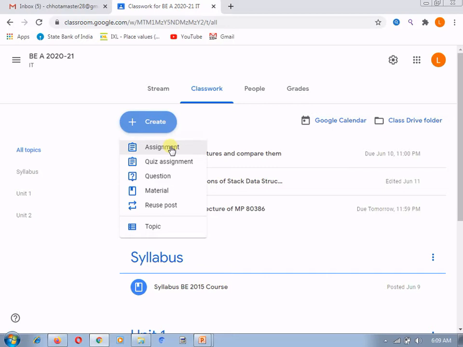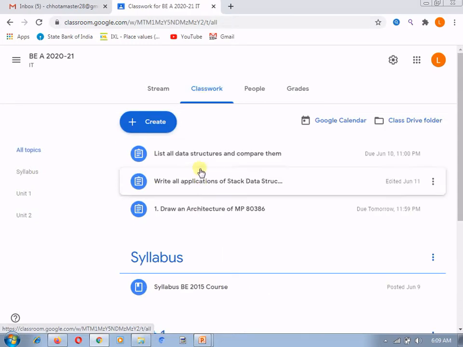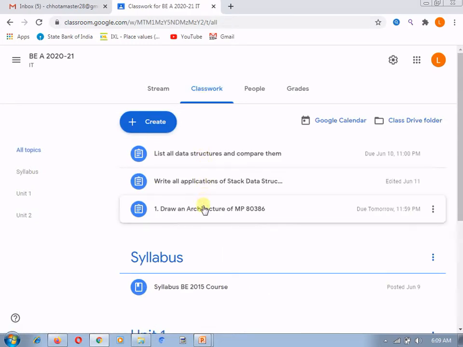Now in this current session, I am explaining how to assign the grade category, what a grade category is, and how it is useful. For this we need to create a new assignment. You can also update the already provided assignments if you have many of them, and if you want to add a category to those assignments, you can do that too.